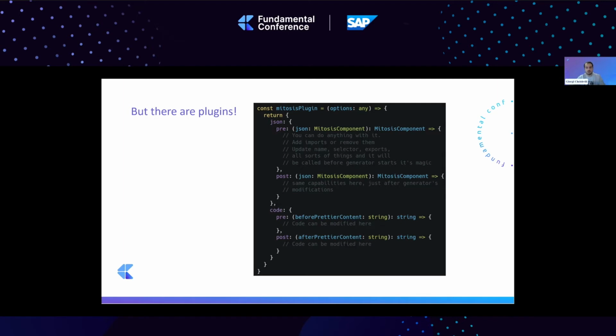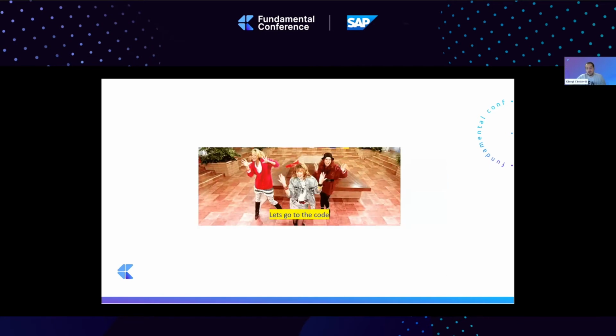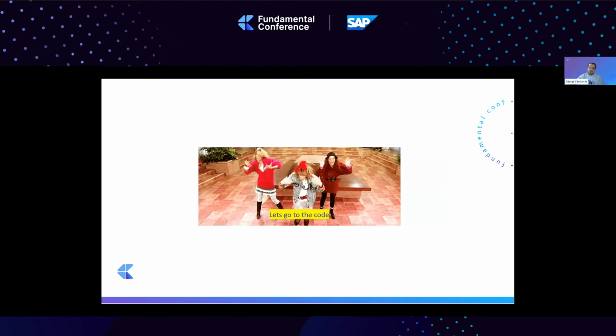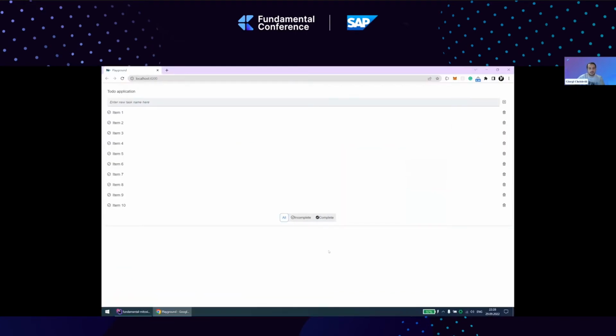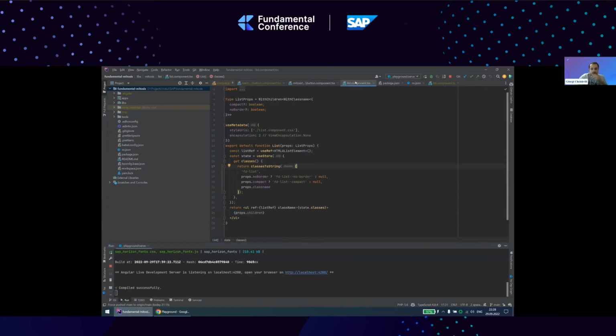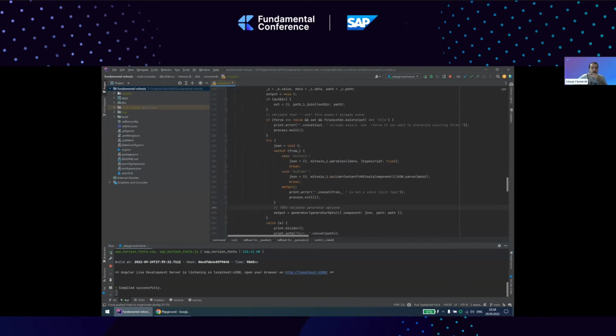So it's a powerful feature. It gives you all of the things that you might want to have for such a thing. And with that explanation, let's go to the code. And first of all, let's see how things are done. I mean, how I have